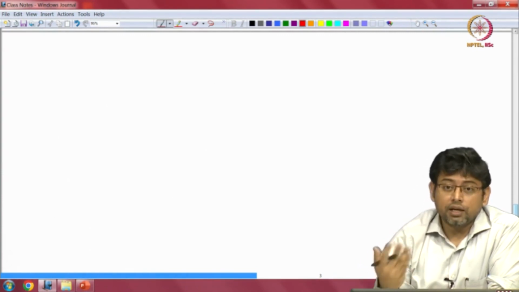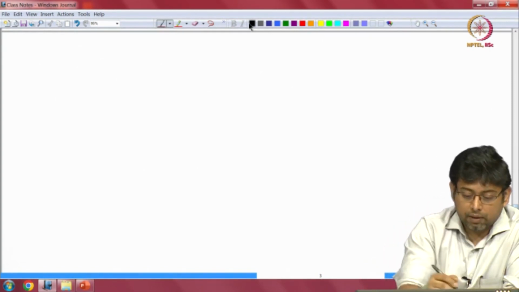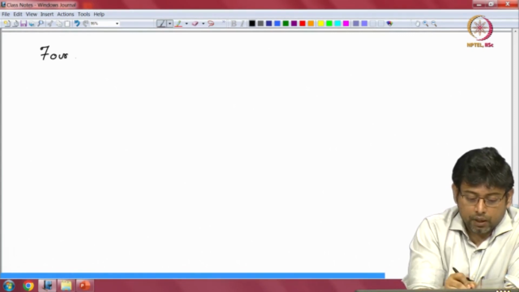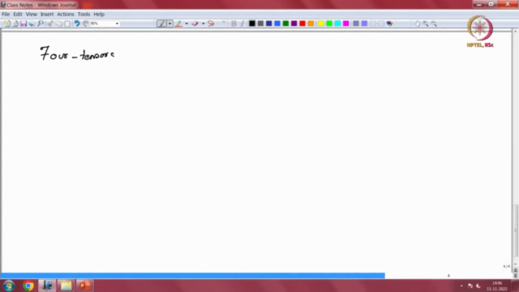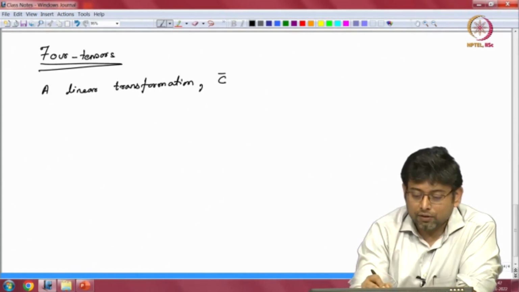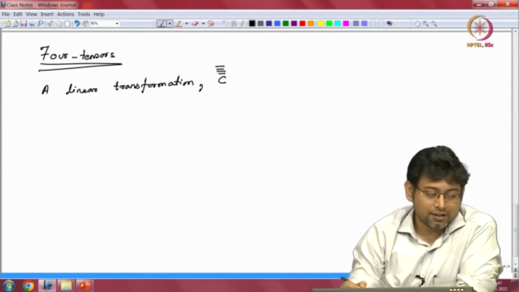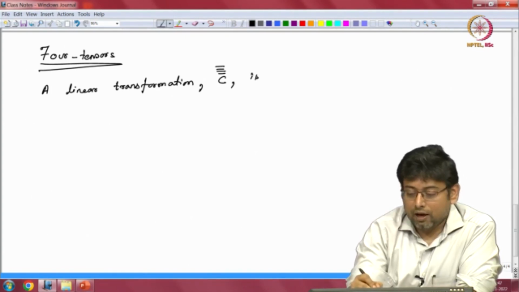Now you can generalize this idea, obviously, going even further, and you can define something, for example, as a 4 tensor. And 4 tensors, although we will not need them so much in this class, it's just appropriate to quickly discuss this. A 4 tensor is a linear transformation, and we'll call it, let's say, C. Now we have already put 2 bars for a tensor, so for 4 tensors this is going to become a bit cumbersome. Let's put 4 bars, and it's called a 4 tensor